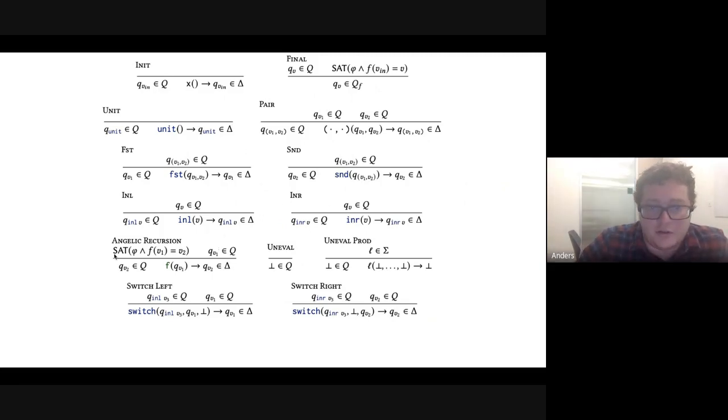Notice that we have this angelic recursion, and it matches your intuition. All of these rules should look very similar to the rules that I showed about standard, or I guess angelic, semantics. The one difference is that now we have this Q sub V and all that stuff. And then there's one other thing that I want to talk about, which is switches. So on switches, when we're evaluating, we only evaluate the side that is actually productive.